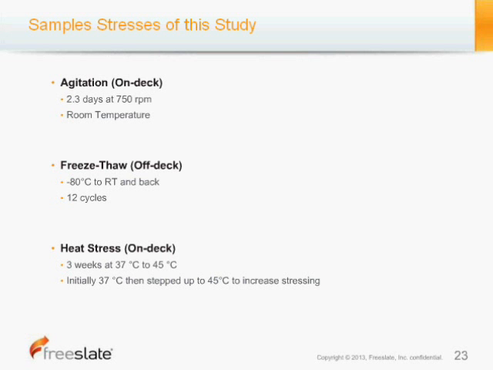We also made another set of formulations that were put through freeze-thaw. This was performed off deck. There were 12 cycles, so this is actually pretty extreme freeze-thaw stressing, from -80 C to room temperature and back. And there was also heat stressing, in which another set of the 48 formulations, to be clear, was heated for about 3 weeks at 37, and then it was stepped up to 45